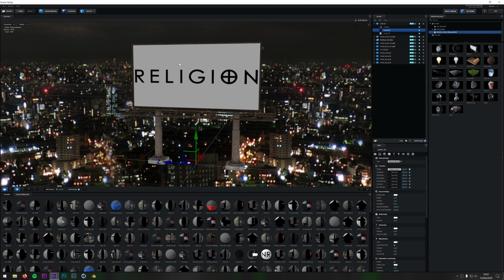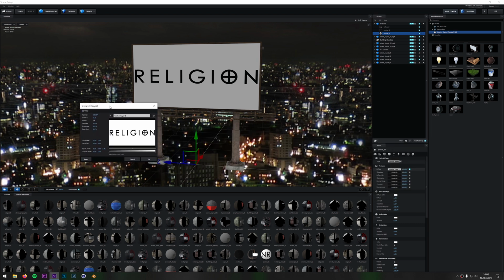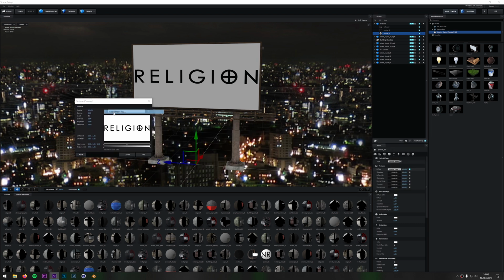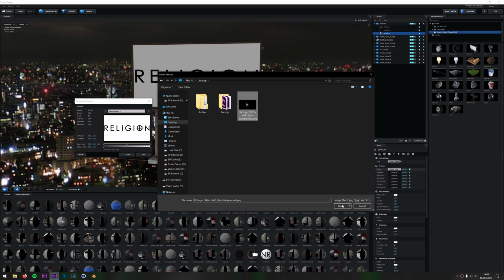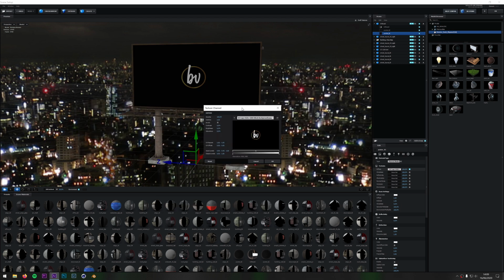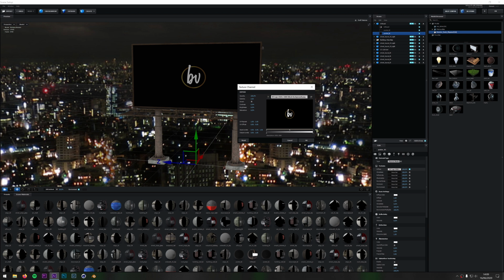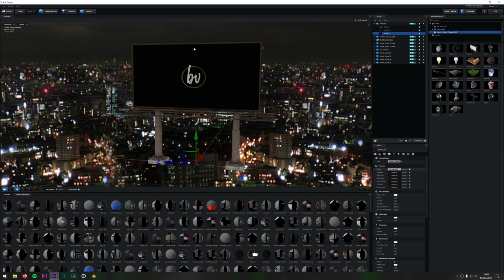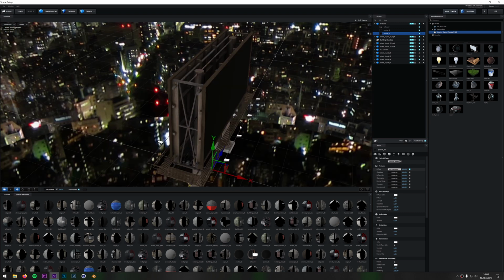So the way I got this religion logo onto this object is on the object itself. You have this option, this layer diffuse, and this is basically just the main color. I'm not going to go through all of these other maps. You can add bump maps and stuff like that, but the main one is just diffuse. So on the diffuse, if you click it, you can come into here and click load from file, and I can just select any picture I want, and then that picture is now in the billboard. I can use that basically as the texture for that object.